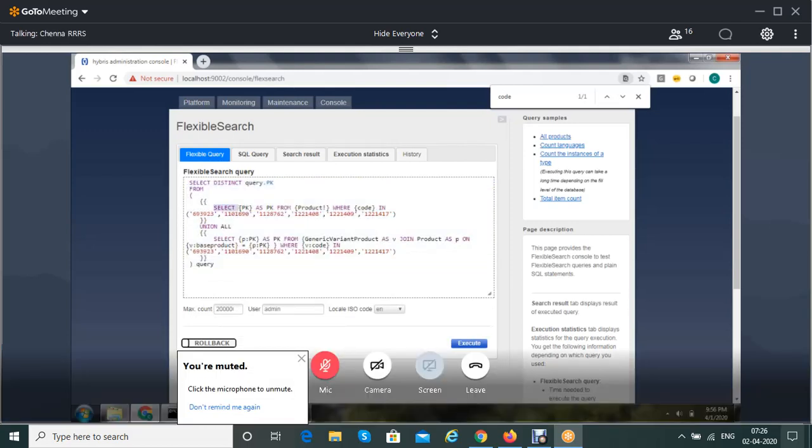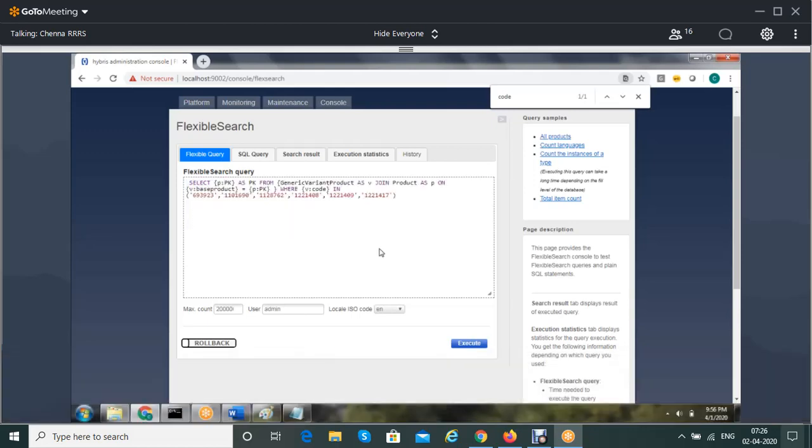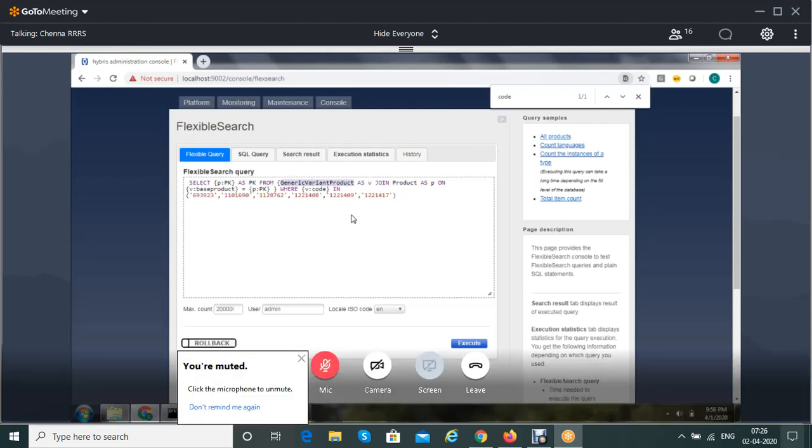So I'll place this in here instead of this, because this is not giving any records. I just pasted this one. Now you can see we have one more query. What is this query? We are getting PKs from the generic variant product, but from the generic variant product that is joined with the product.